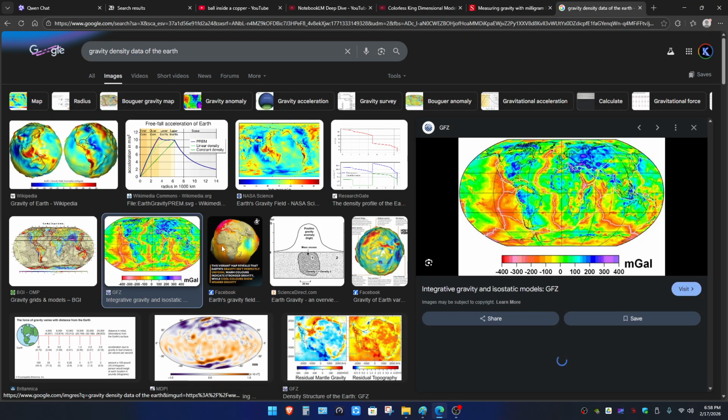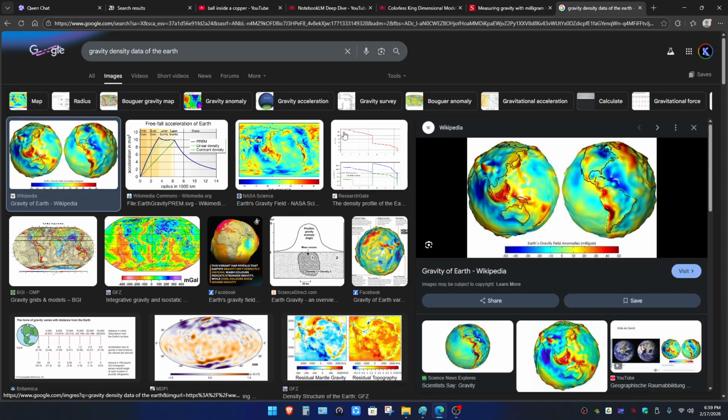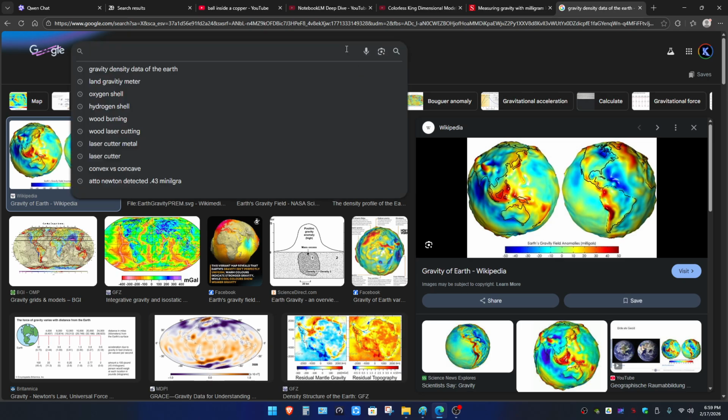So the question is, why does the earth look like a sphere, but in the gravitational data it looks like this? Why does it look like this? That is because of another factor. Let me introduce the factor that is called